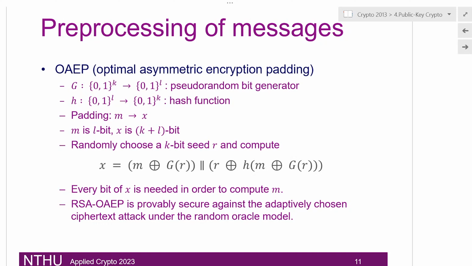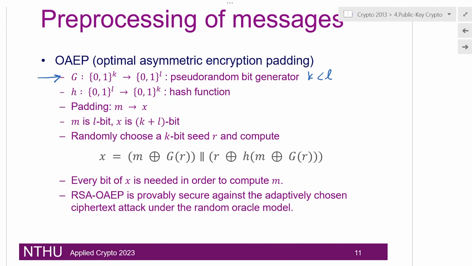So the algorithm starts with just defining two new things. We need to have a function G that takes k bits as input and outputs l bits. So whatever k bits you pass into this function, it would output l bits. So it is a pseudo-random number generator. In this example, k is less than l, right? Because you are getting a smaller number of bits and generating a larger one.